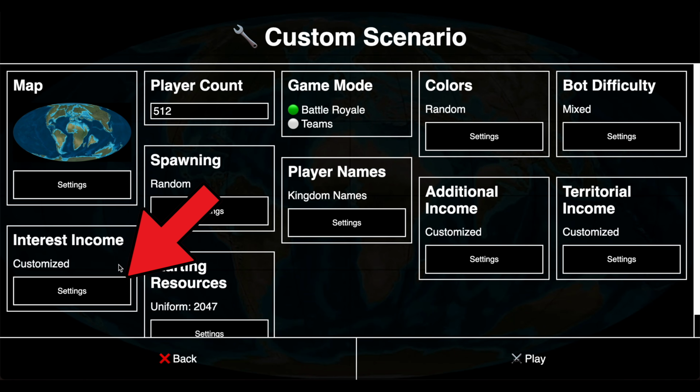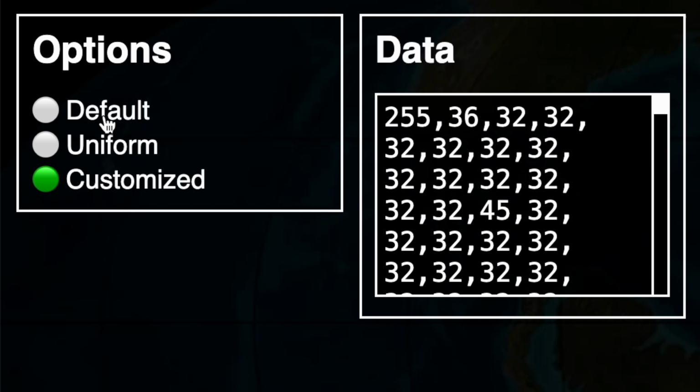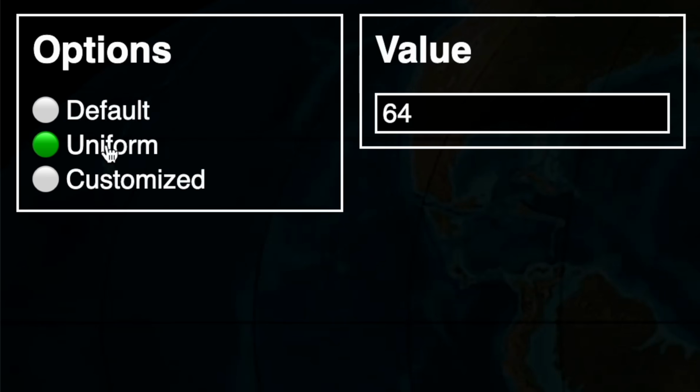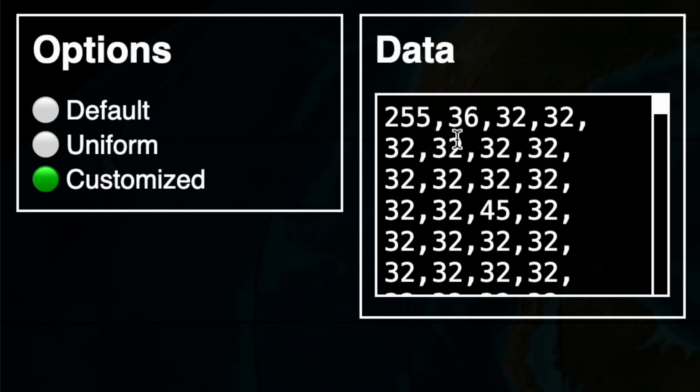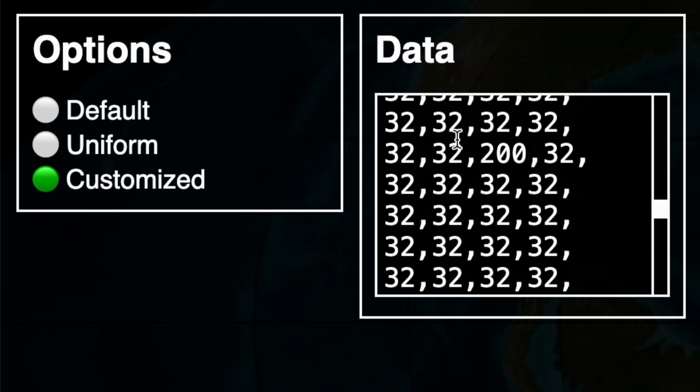So going on to our next option, you can see down here that we have interest income. And if you click on settings, what you can find is that there's a few different options. You can have default, which is normal. You can have uniform, so you can max this out at 255, basically just how much you get from interest, or you can customize it, which basically means each one of these little tabs right here, as you can see,